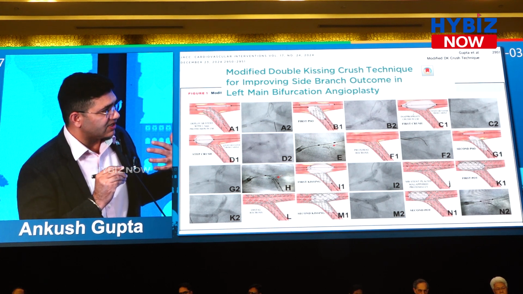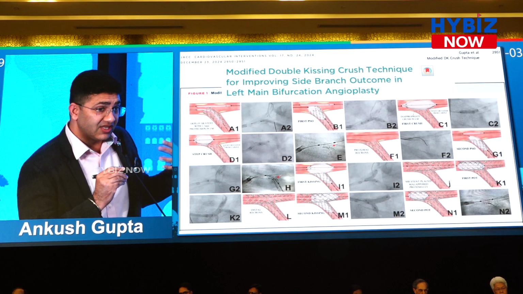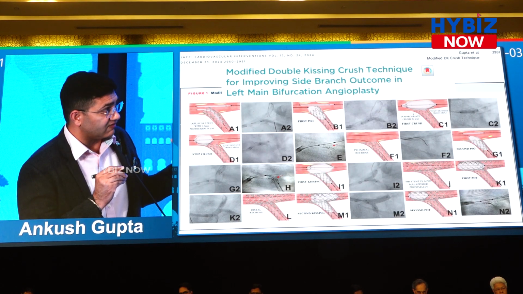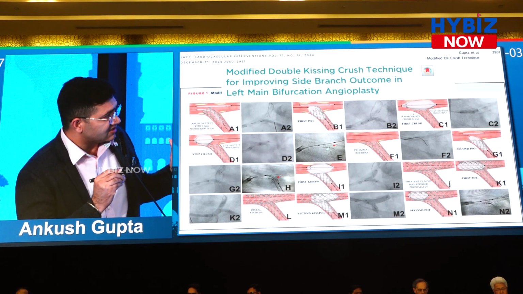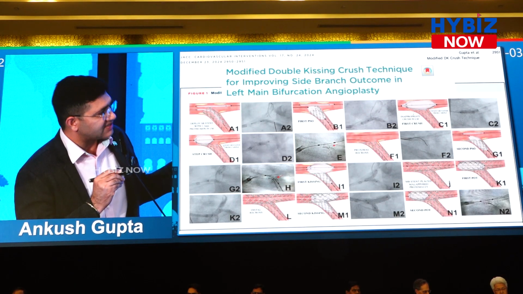This is the second PSO that is being done by a balloon that is appropriately sized to that of the side branch ostium. Can you appreciate between E and H, there is this deviation that has got corrected here. After that, go for the second KBI, then place a stent from left main to LAD and do a POT. Now once you have done all these steps, you know your stent is well apposed to the carina and well crushed here.